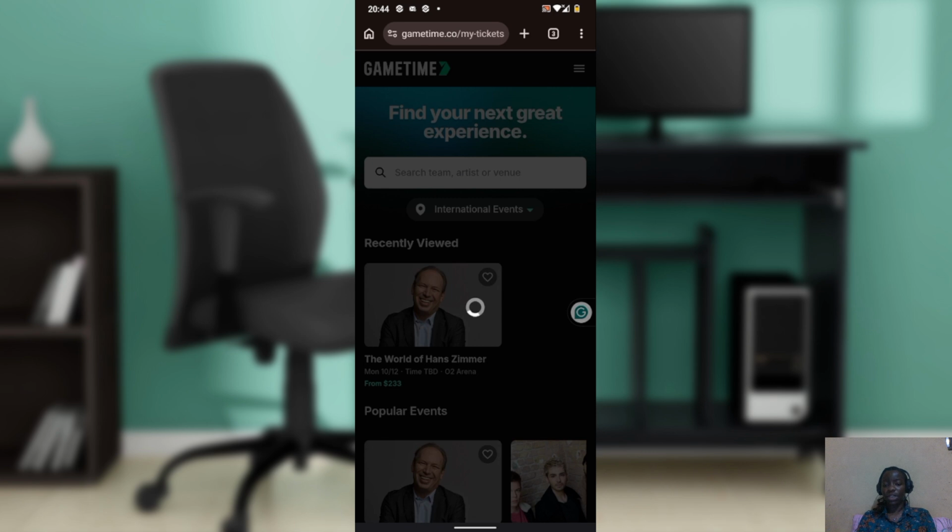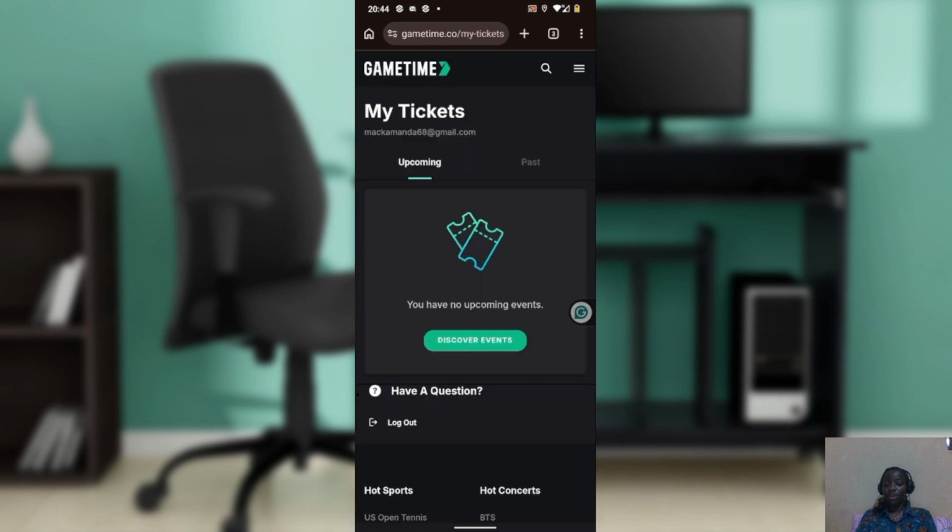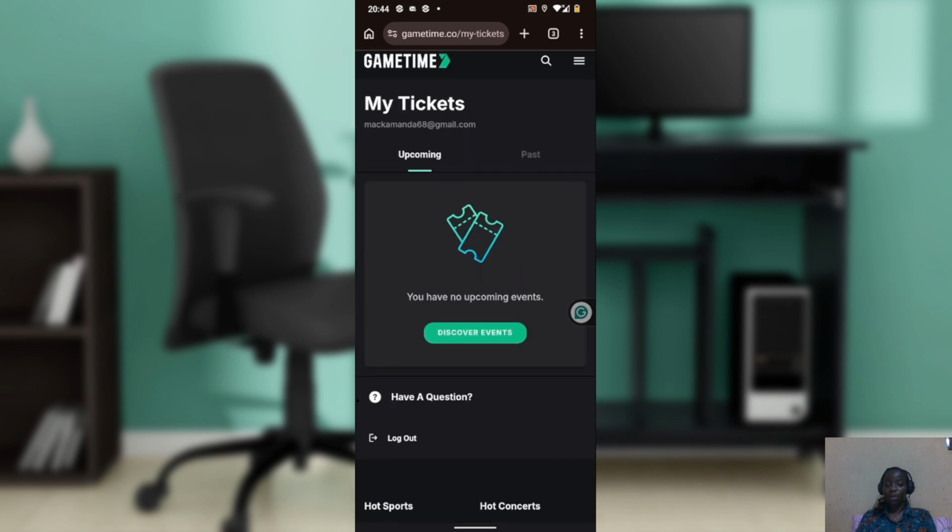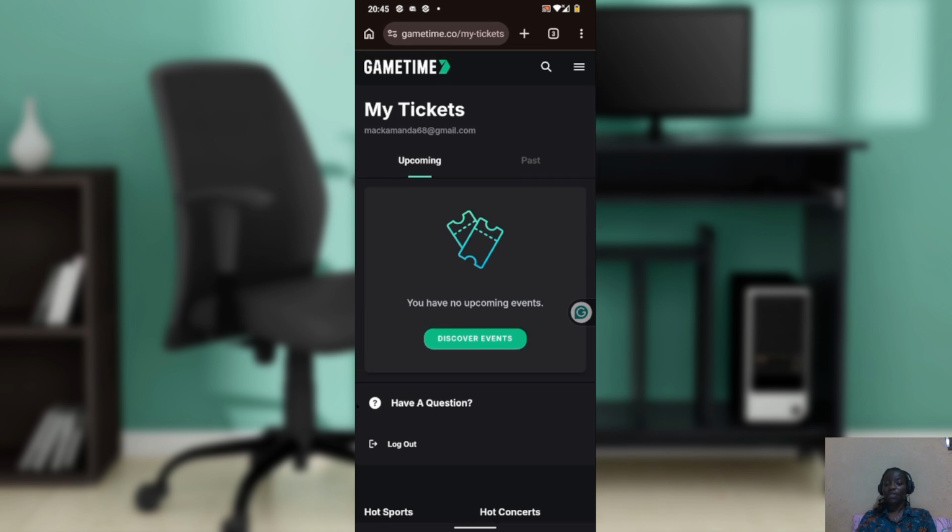But because you want to transfer, you have to use your mobile app. So from the mobile app at the bottom of the screen, tap tickets, and the section displays all of your upcoming events and tickets available in your account. So tap the event for which you want to transfer tickets, and you'll now see the ticket details, including the seats you have purchased. If your tickets were delivered within the Game Time app, just tap share tickets, and this